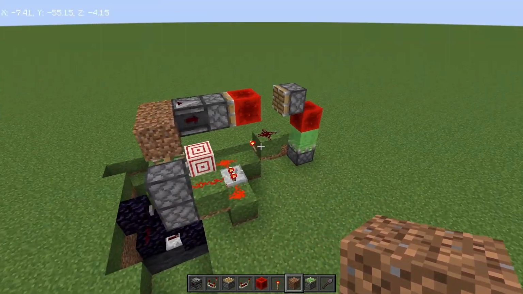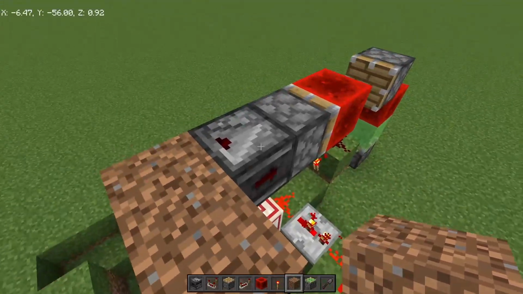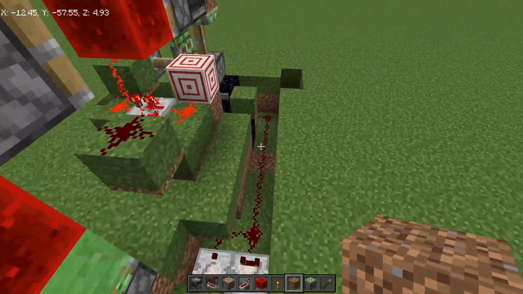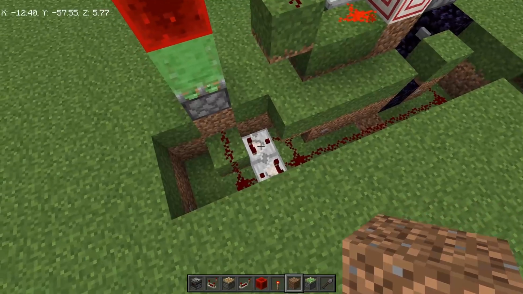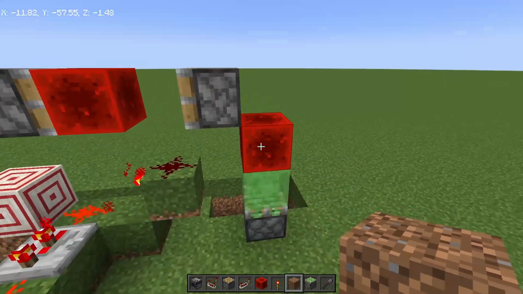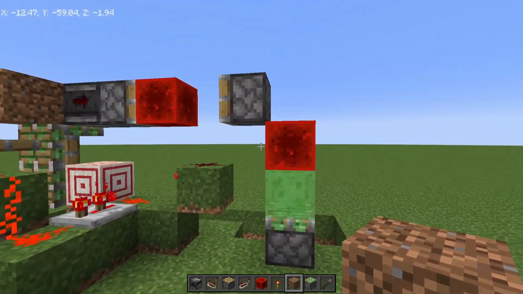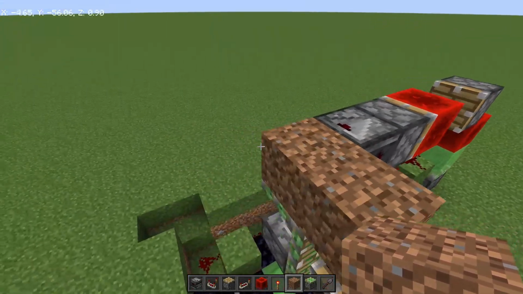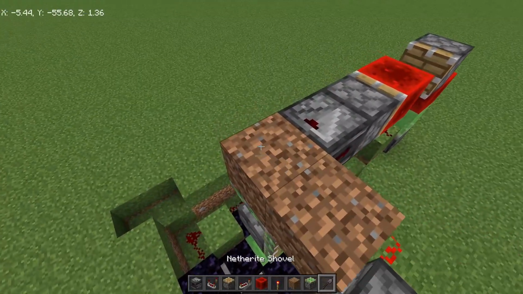So each side of the system controls this top circuit, which is just this observer, controls it opening, and then this back circuit, which is just a redstone line run from this button, hooked up to a pulse extender, controls the closing. And the reason I needed to do the pulse extender and all that is because if I didn't do that, the block getting put back in place by the closing animation,